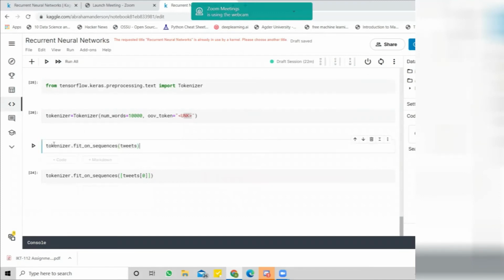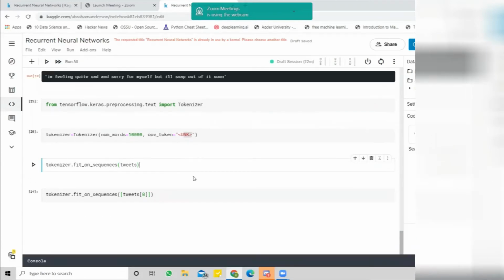Actually, this code is still running. Now with this code we have written, the machine is trying to transform all of these tweets into numbers, so it may take a little bit of time. Maybe we have to wait.